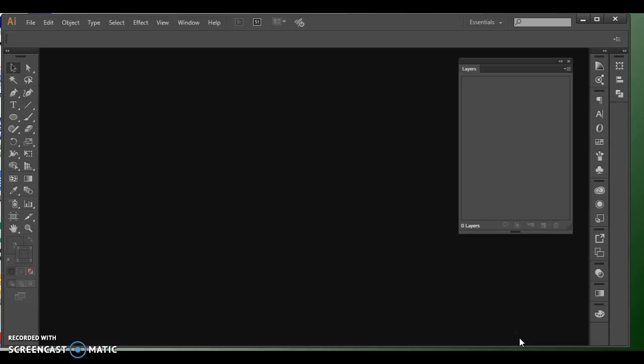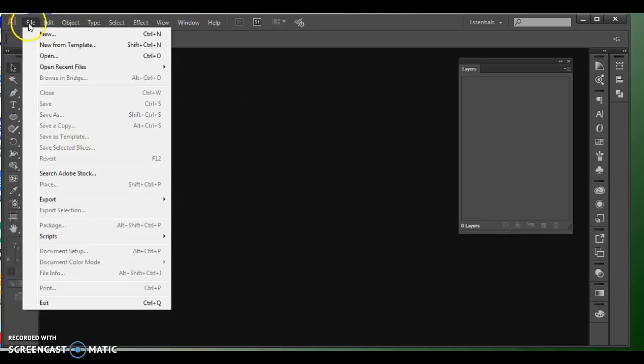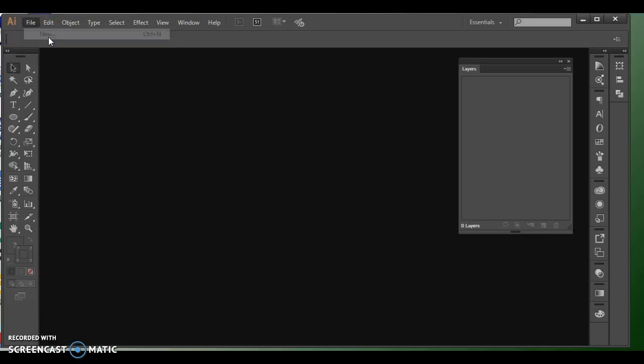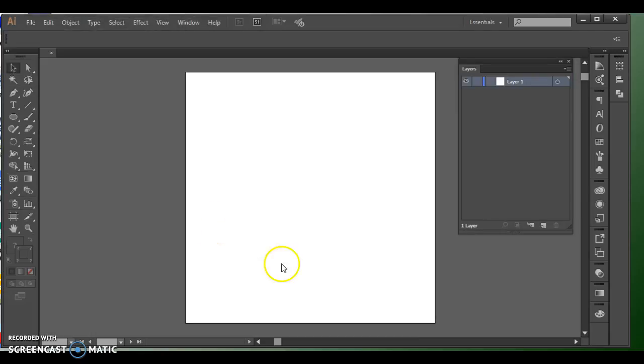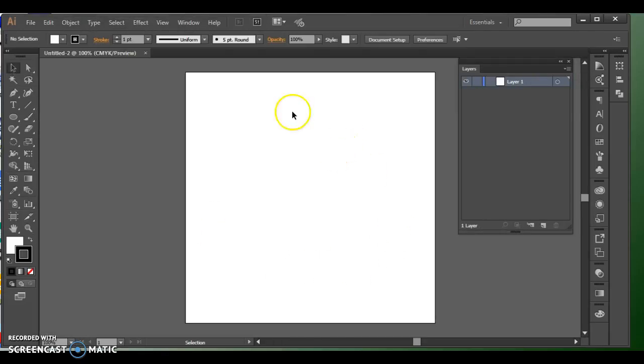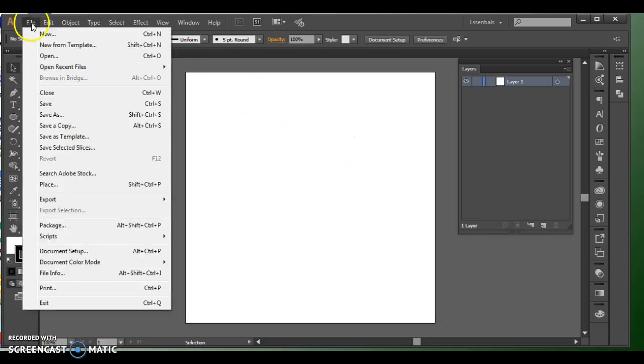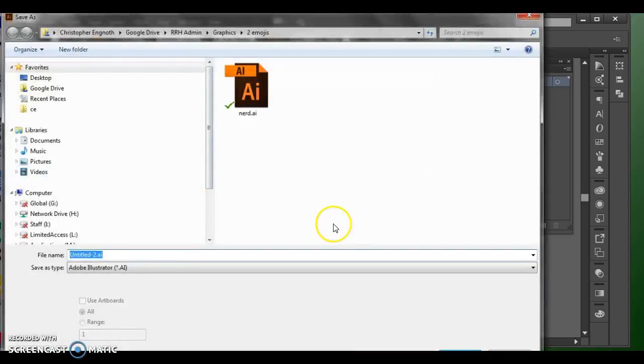So the first thing we need to do is we're going to go up to File. For those of you who like key commands, we're going to hit Control New, or just click on New. We're going to set our image size to 7 inches by 7 inches. You'll notice that units over here is selected to inches. Okay, so if I hit OK, then I can do a file, and we are going to save as, and